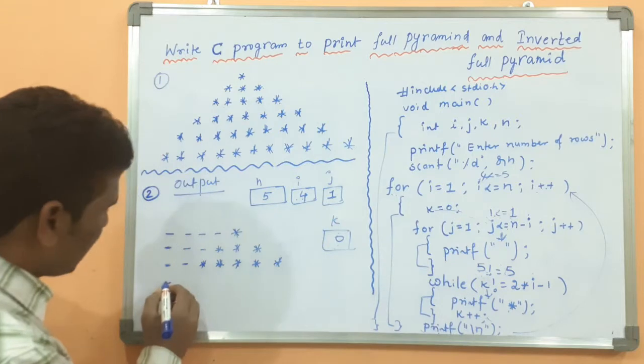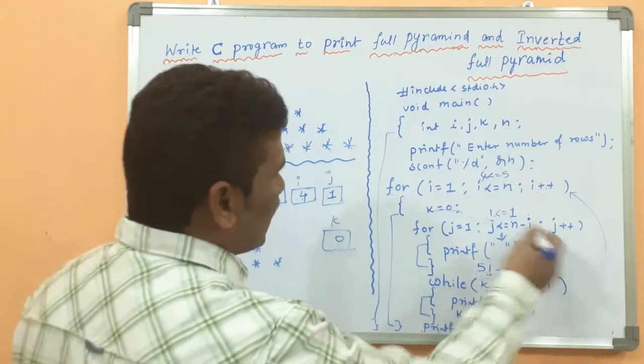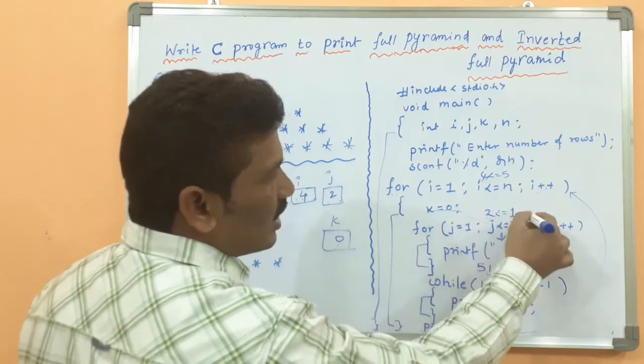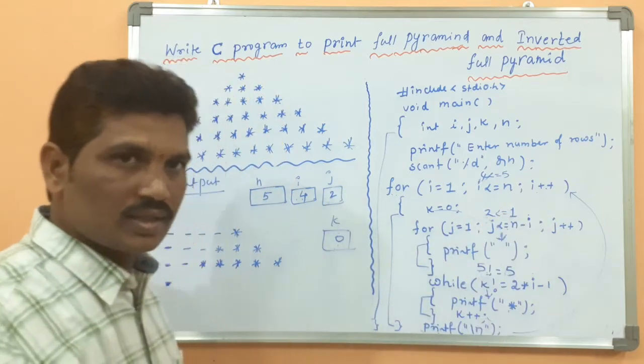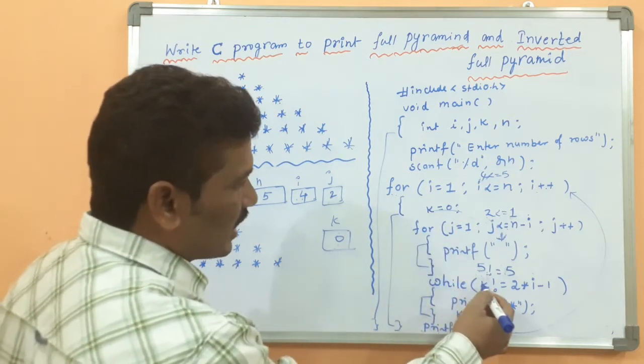Then a space should be printed over here. Okay. Then after that j is incremented by 1, j value becomes 2. Then 2 less than or equal to 1, the condition becomes false. Then it will come to here. After the for loop, the statement will be executed.